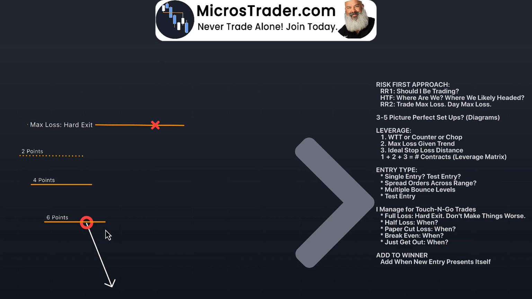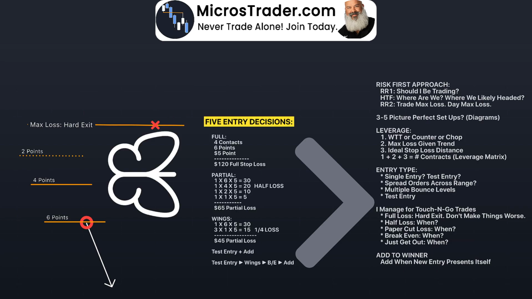Okay. Now, the extra juice here is adding to your winners. That's really important because I typically like to enter with the wings. A lot of times price will hit my level and bounce and go that direction. And now I'm trying to be in the business of adding to my winners, and adding to your winners will really juice your returns. Adding to losers will not. It works sometimes, and then when it doesn't work, it hurts so bad,